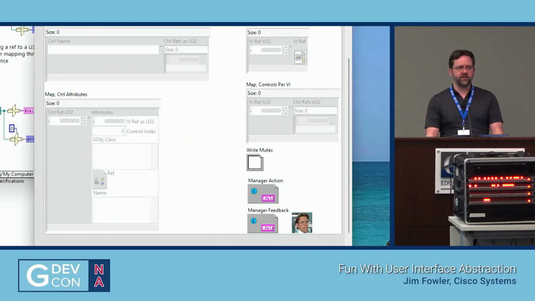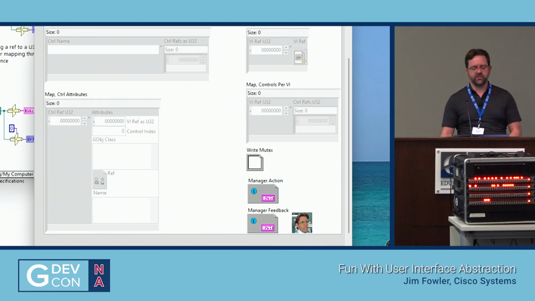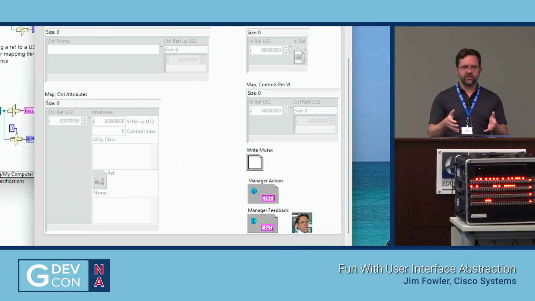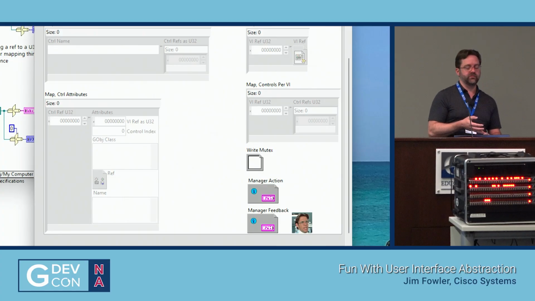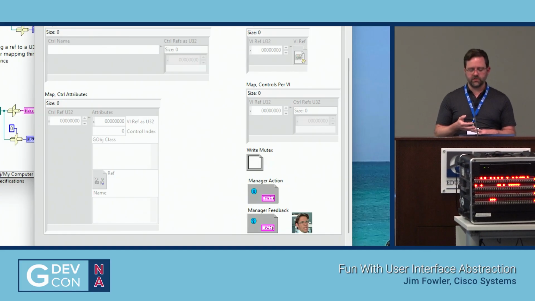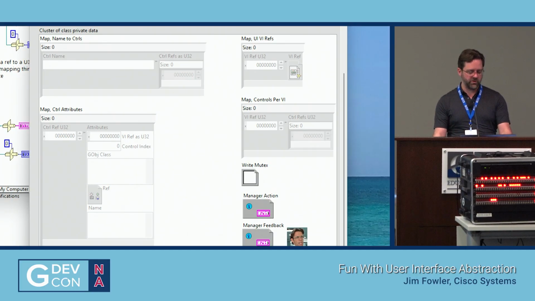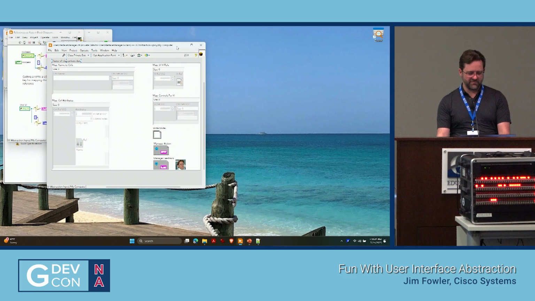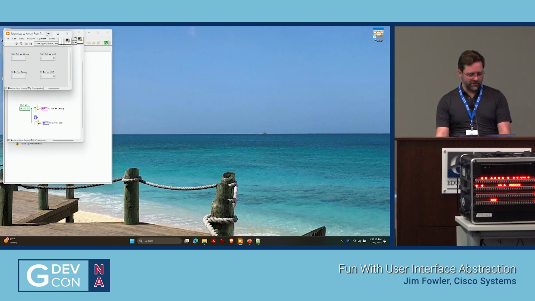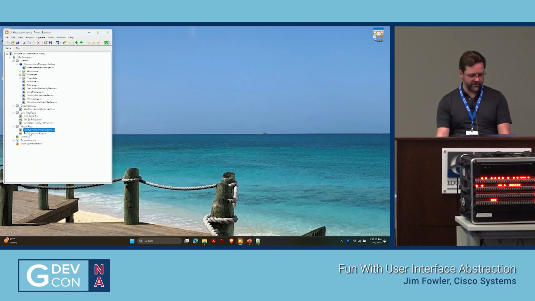The other two things I put in here: I have a UI manager, which basically acts like a mediator between all your user interfaces, and it's a loop that runs in one place. I have a user event that sends commands to it, almost like a state machine, and I call that the manager action. Coming back from that, events that are sent elsewhere, the manager feedback, and I have Lumberg in there just because it seemed appropriate. Nerd humor.